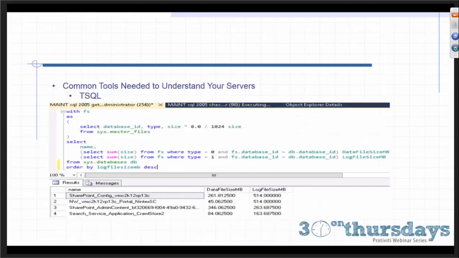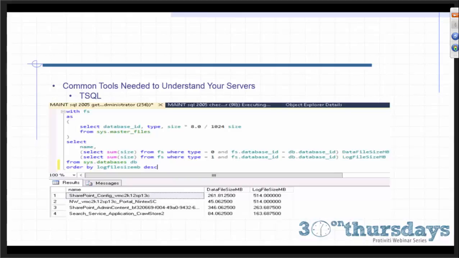And of course, T-SQL, another command language that is really useful, especially with SharePoint. So we know that on SharePoint we have a couple of databases that are always giving us a hard time. It's going to be your search databases, your config database, those two probably, and the WSS logging. Those three databases, we need to keep an eye on them and make sure that if we want to have full